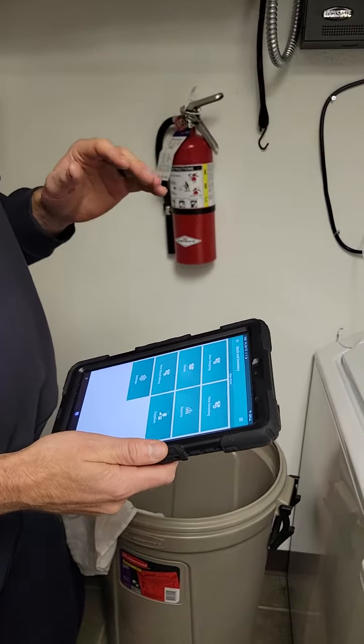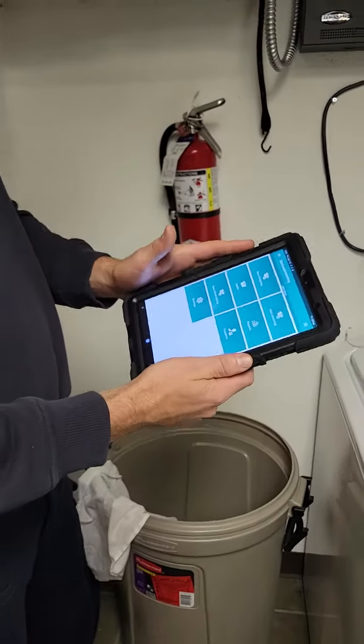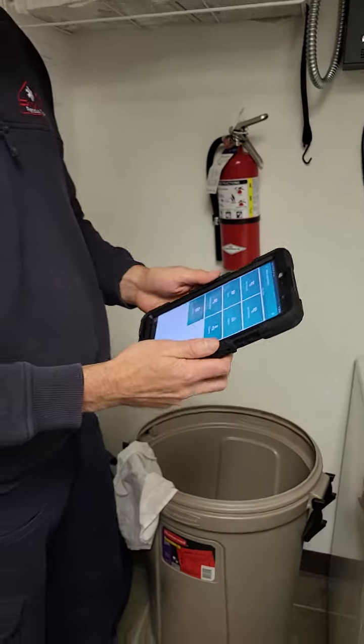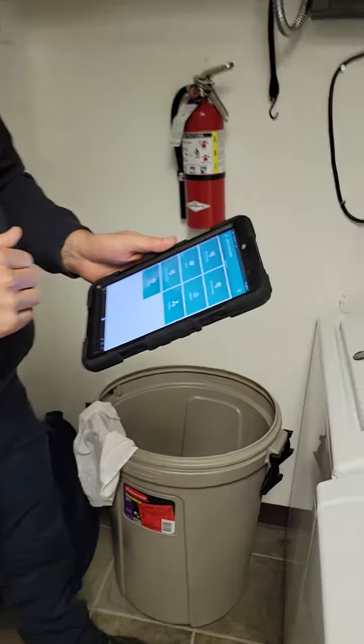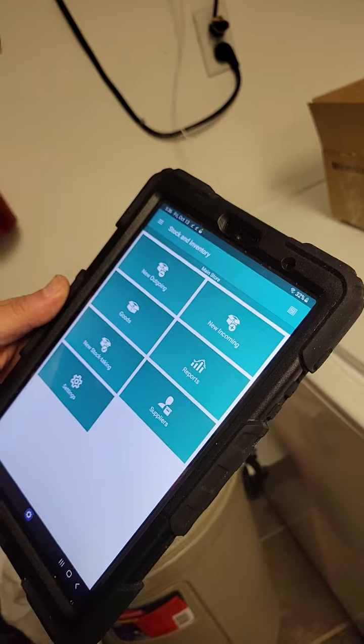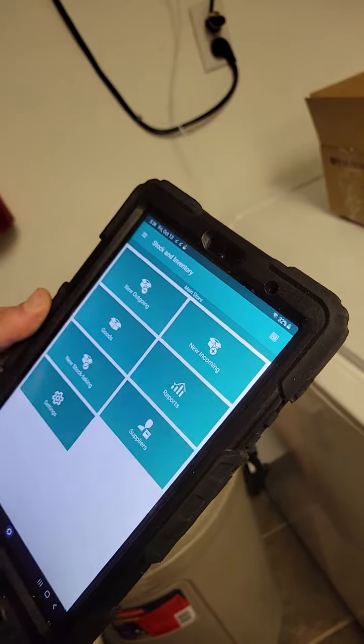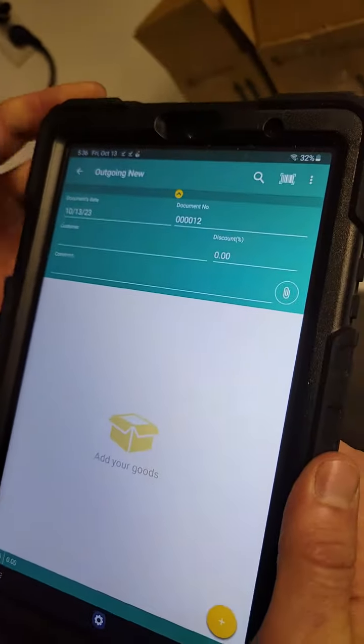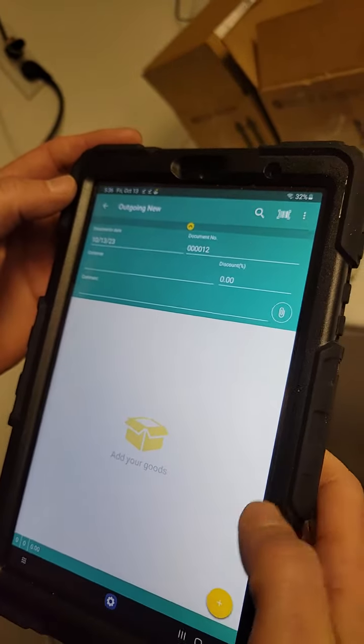So if you take anything, you have to make sure that you take the tablet off the wall, turn it on, go into the Stock and Inventory app, open it up, and before you take anything out of the storeroom, you're going to have to go to New Outgoing. Oh wait, is that right? Mm-hmm. Yep. And you're going to go to Add,